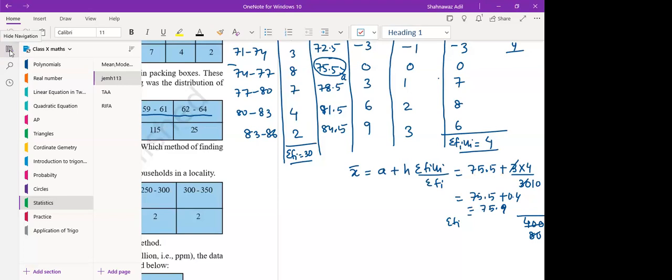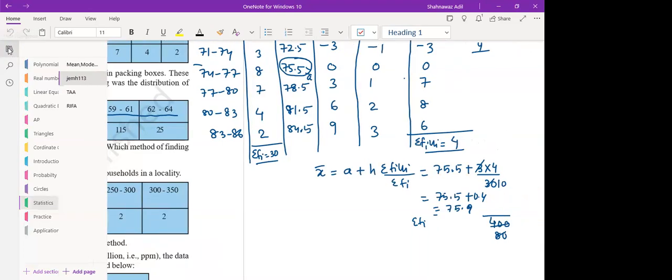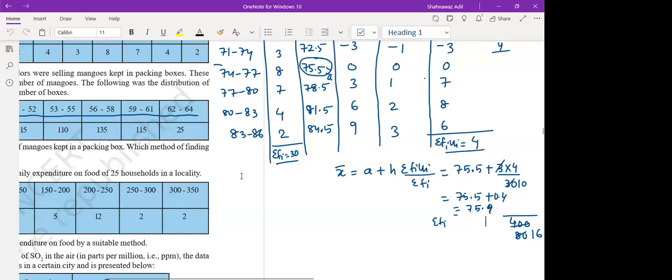Use the cumulative frequency. So in this question,